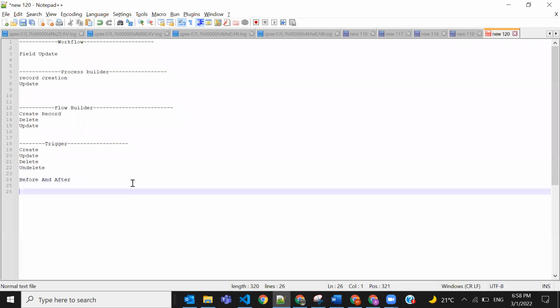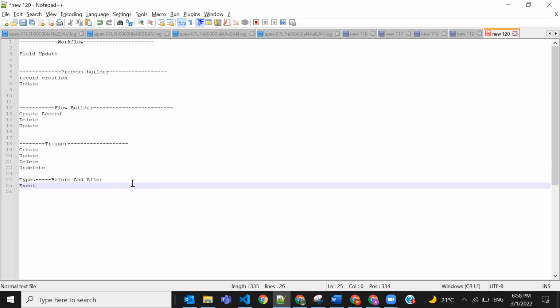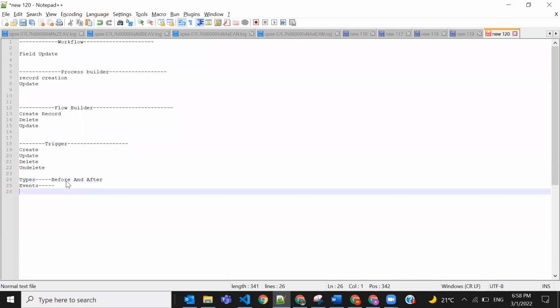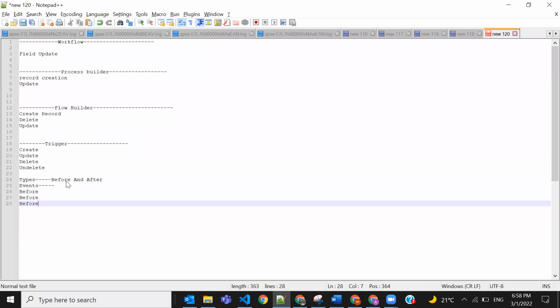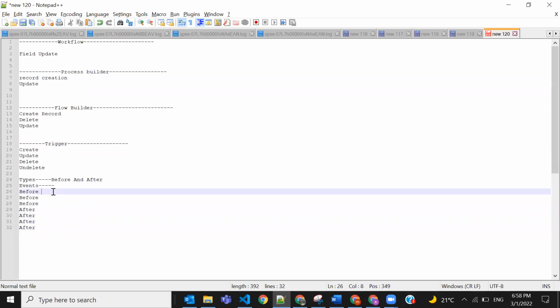So now let's go to event. These are the types. So in the event, we have two types of triggers. So it's very simple to understand the event also. Before आप three times आप before लगा दो यहाँ पे, before and before. अब 4 टाइम आप after लगा दो, after and after. ठीक है, आपका हाफ इवेंट खत्म हो गए।